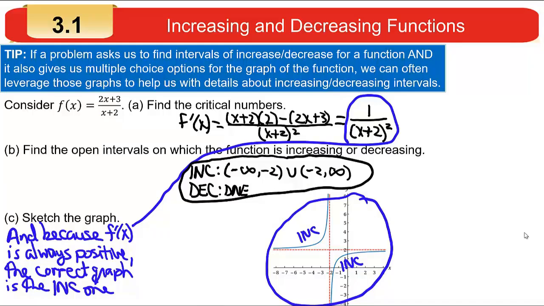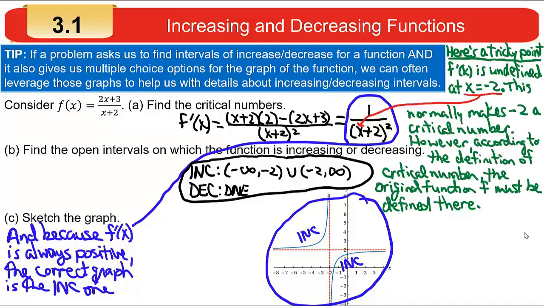Does that make sense? Now here's what I said you might consider to be tricky, because part A actually didn't say to find the derivative, it said to find the critical numbers, but you can't find the critical numbers without the derivative. But here's the, we'll say, tricky part. A critical number has to be in the domain of the function. The critical number comes from any value of x in the domain of the function where the derivative is either 0 or undefined. Well, this function's derivative, which is 1 over the quantity x plus 2 squared, is undefined